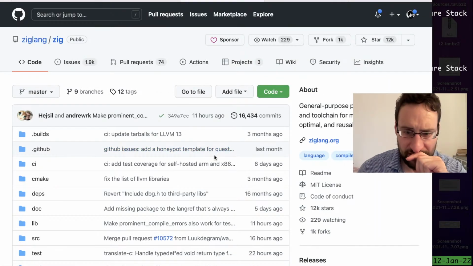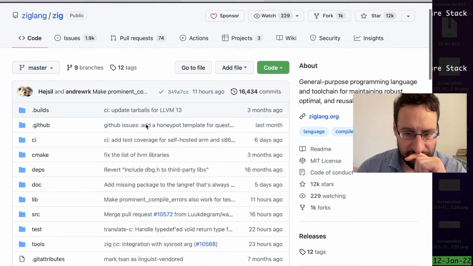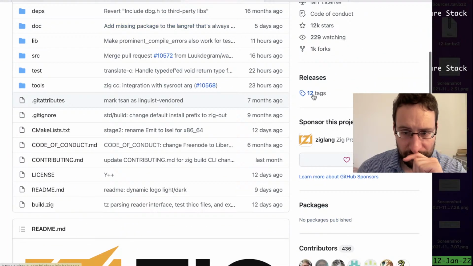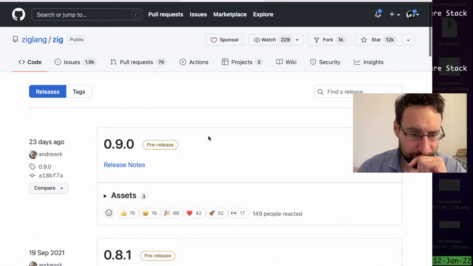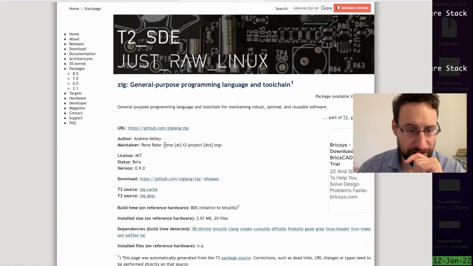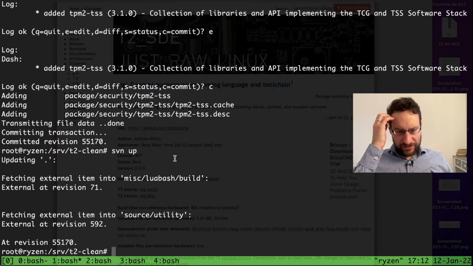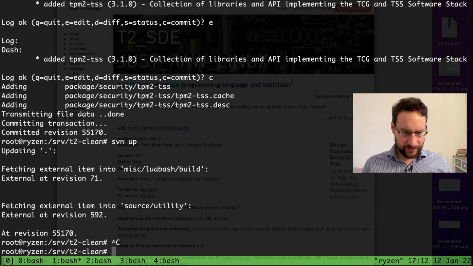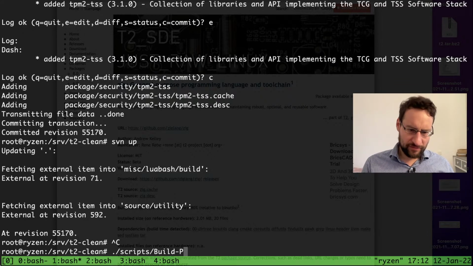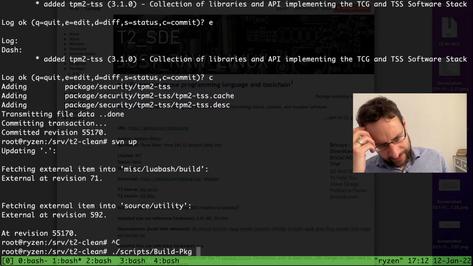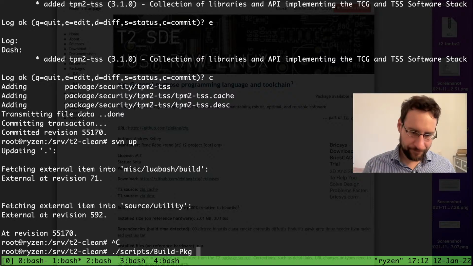So the last time we checked, Zig did not build with our stuff. 0.9 was 23 days ago. I think we updated that. Very theoretically, that didn't just build. The question is,